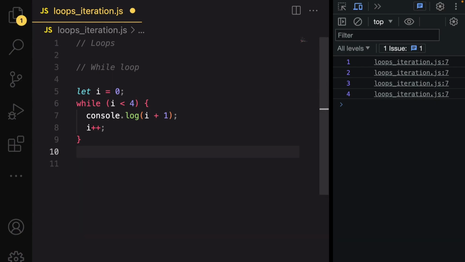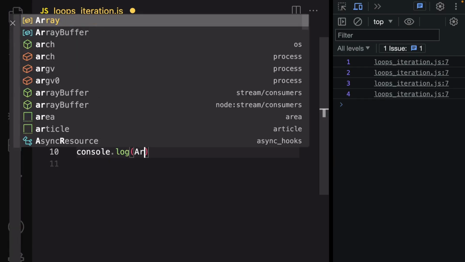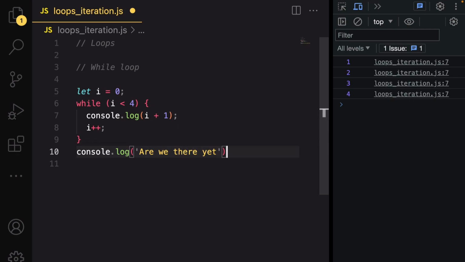And you can see, let's prove that quickly. Console.log, are we there yet? Okay, now let's just do that. Okay, you can see, right, it finished this first. You can see it didn't leave this line until it finished the loop, and then it moved on to the next line, and then through this to the console, right? Perfect. So we can use the increment operator, we can use the decrement operator, it doesn't really matter, but let's